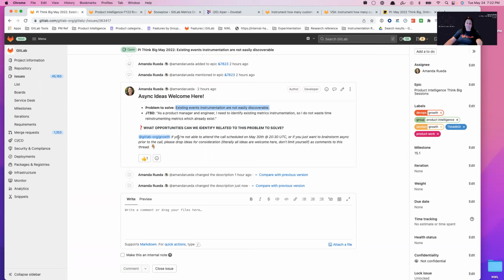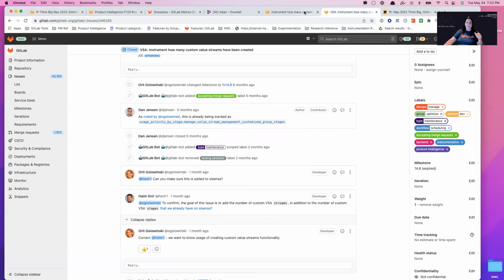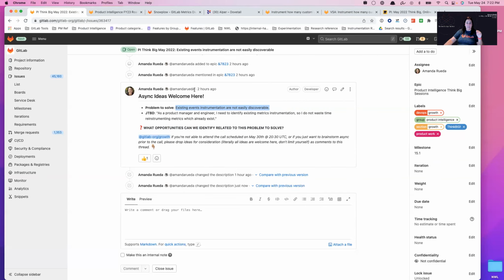If you plan on attending the session, you can also collaborate ahead of time just to get some ideas out. If you don't have time to collaborate before the session and you're not attending, don't worry. We're going to have this feedback and async collaboration thread open for a week after the session as well, so you can always collaborate in that way. I've shared the Miro link with hopefully everybody, but it's also in the invite, as well as the issue.